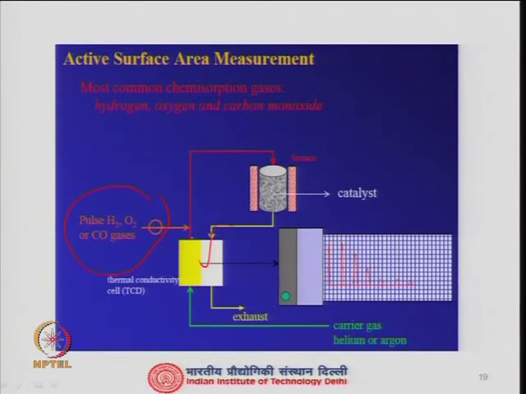So, you can have signals something like this. You can have the peaks like this depending upon the concentration. So, it may be constant when nothing is chemisorbed, and it may decrease as I showed in the actual picture, because the chemisorption is taking place, the volume of the gas at the exit will decrease, and when the chemisorption is complete, then it will again be the same. By adding all these peak areas, you can find out the volume of the gas adsorbed, and this can be in the form of pulses, or in the form of step changes also.